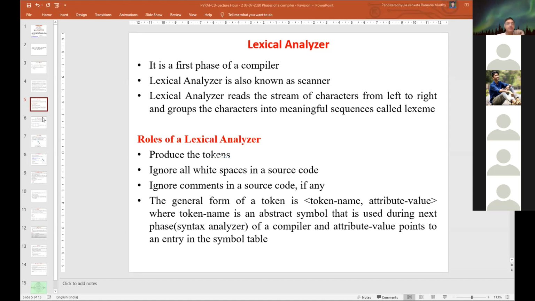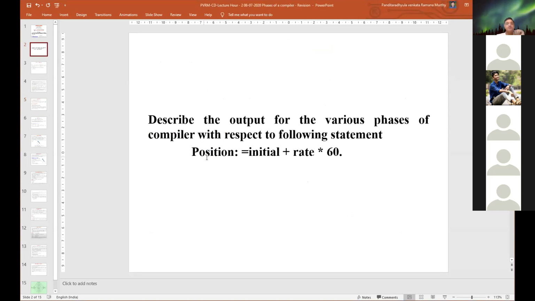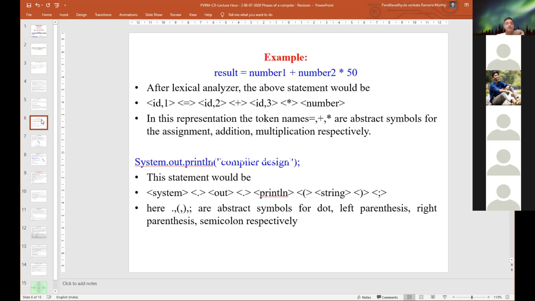Okay, what is our question? With reference to this particular expression, position equals initial plus rate into 60, for each and every phase we need to generate output.